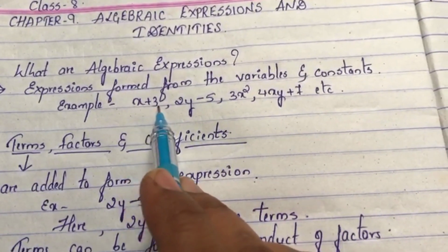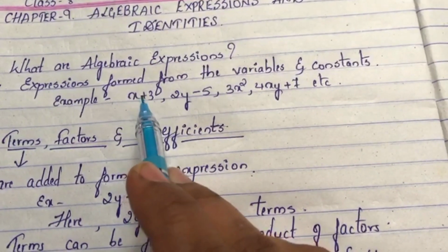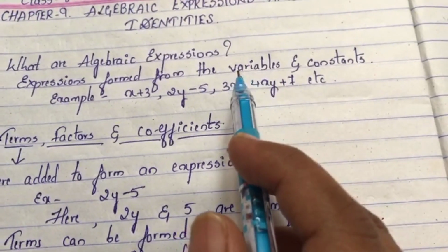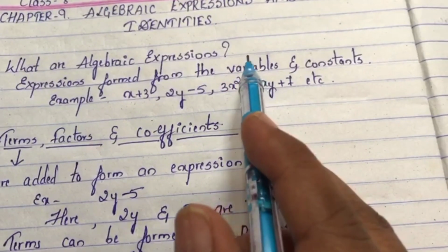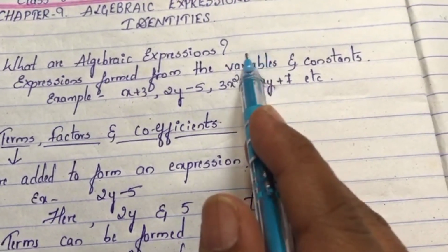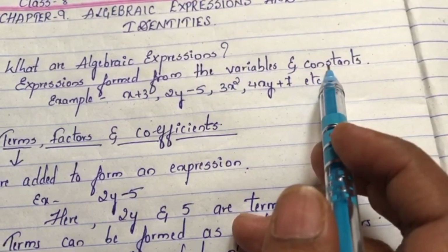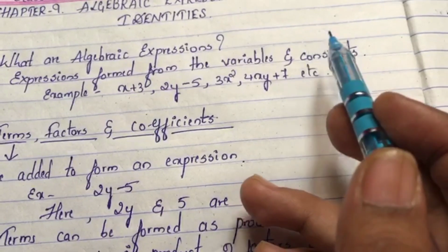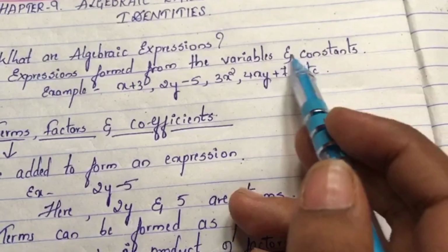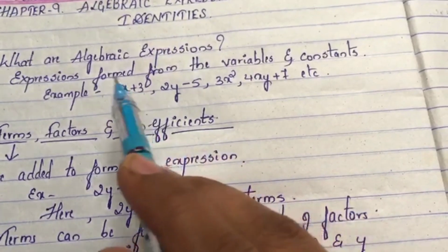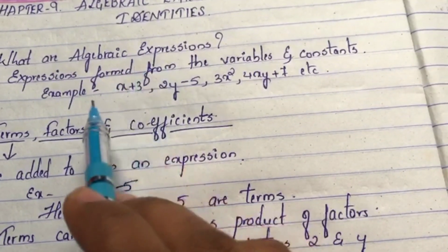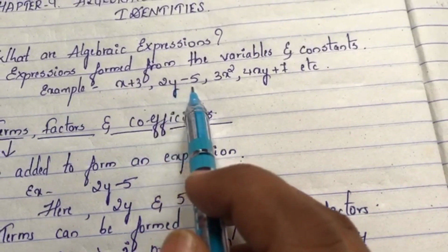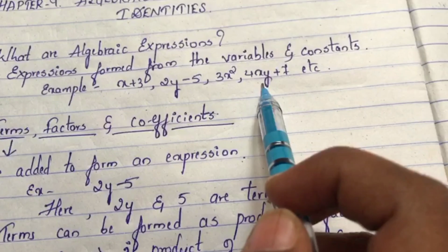Expressions formed by constants and variables, using addition, subtraction, multiplication or division. Variables are the alphabet letters A to Z; any alphabet is called a variable, and constants are nothing but numbers. If we add, subtract, multiply or divide by combining them, we get an expression that is called an algebraic expression. Here you can see some examples: x plus 3, 2y minus 5, 3x square, 4x plus